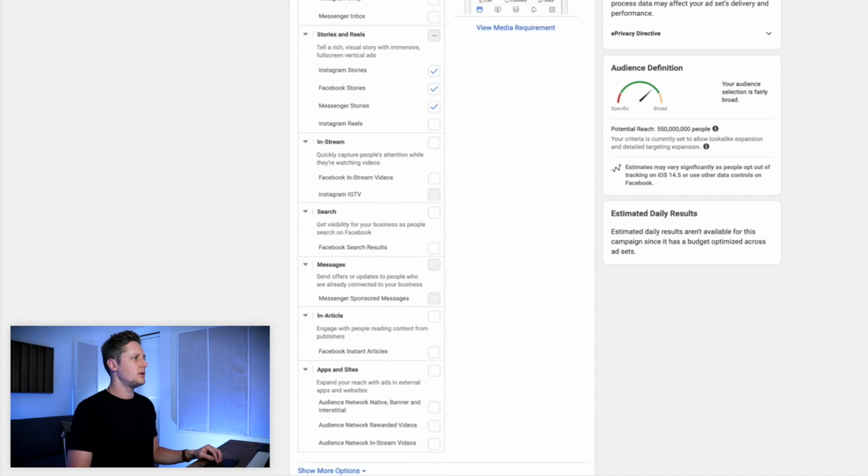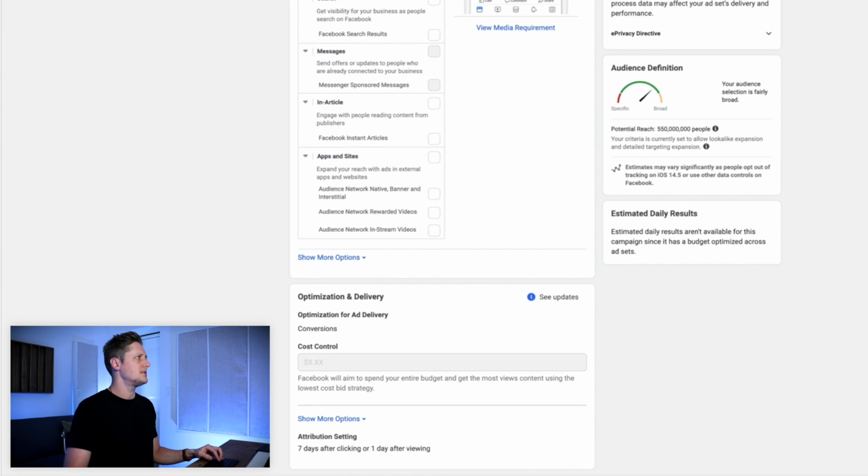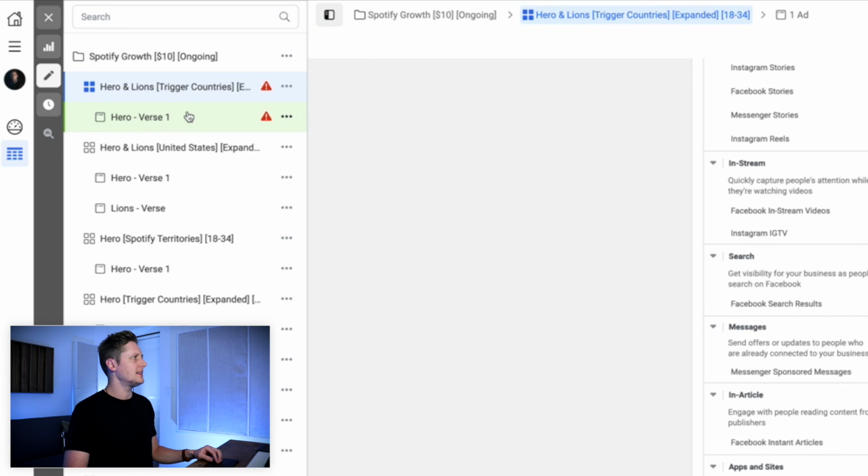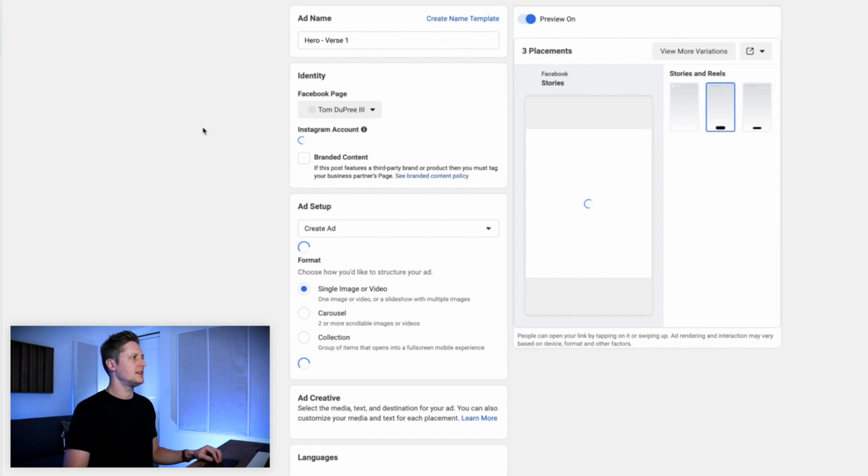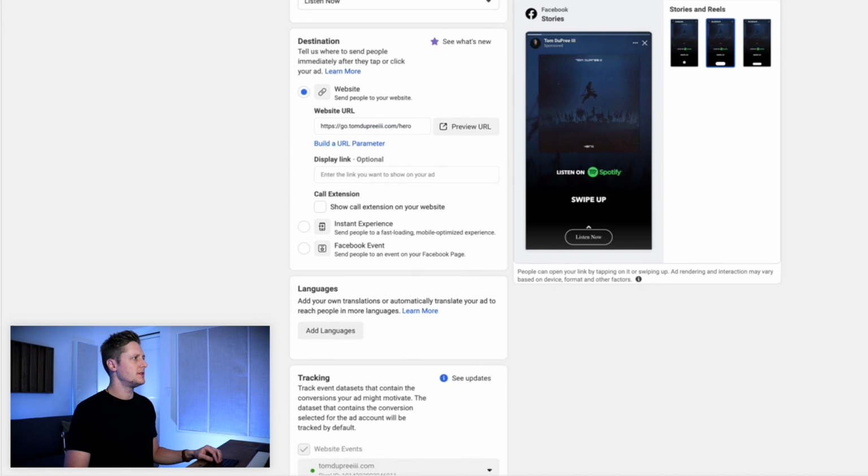And we'll scroll down here. Manual placement stays the same. Everything else stays the same here. And then we'll go to the ad level and just confirm that everything is the same there as well. So scrolling down,